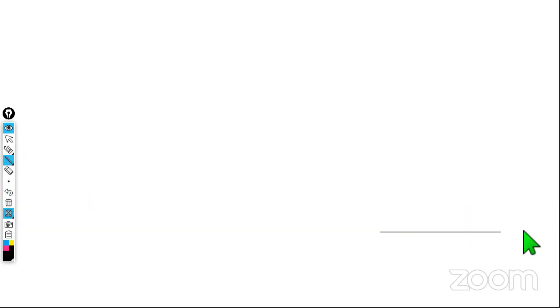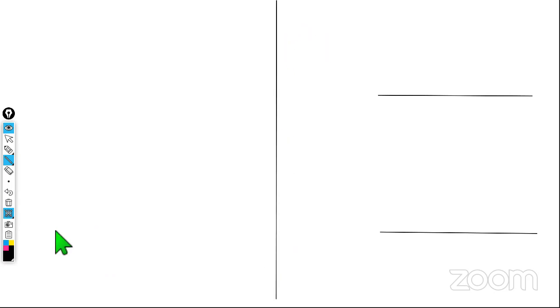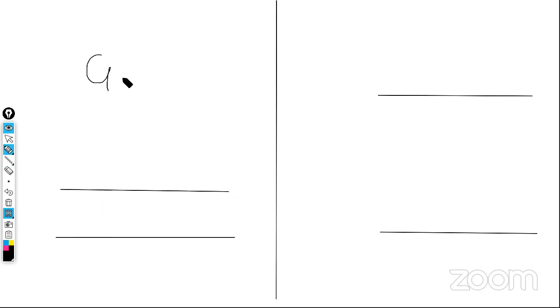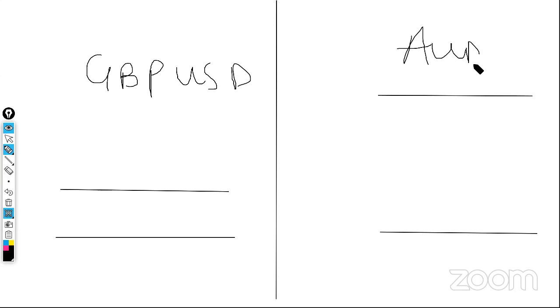Let's say, for example, I have a support right here and I have a resistance right here. And then I'm going to divide this screen into 2. Let's mark this one as a chart of GBPUSD, and then let's tag this one as AUDUSD. So price actually carves, let's say we have a bullish engulfing bar right here.